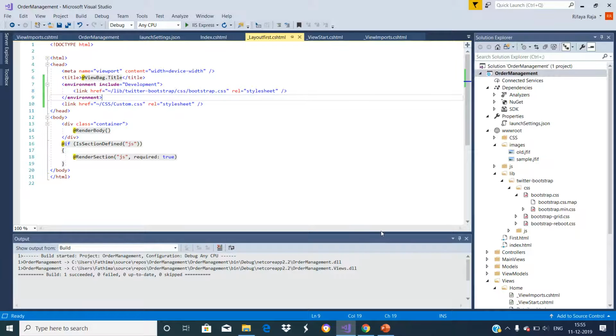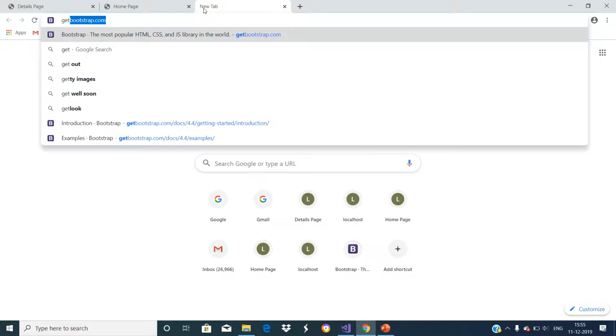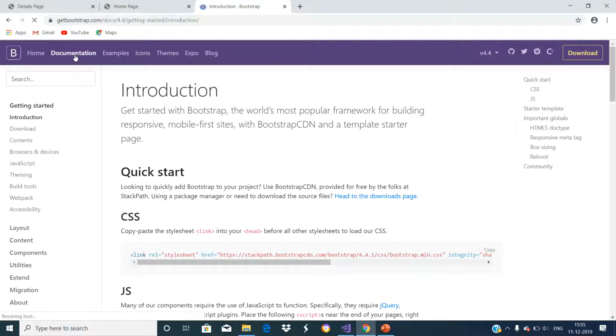So in order to get the Bootstrap link, just visit getbootstrap.com and click on this documentation. You can find the CDN link to include the Bootstrap's compiled CSS.